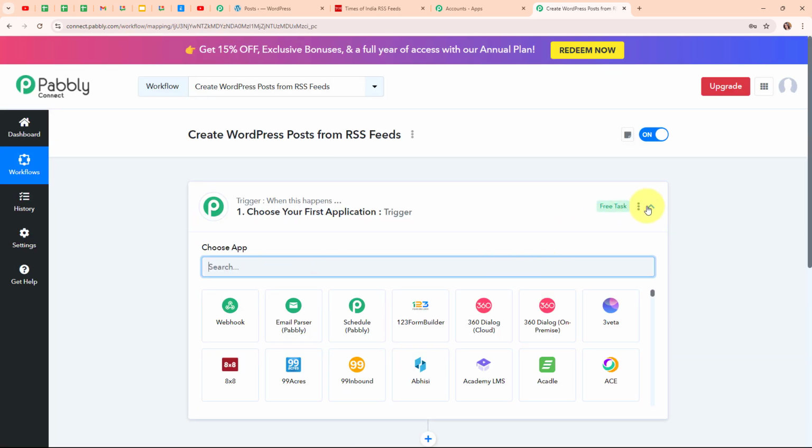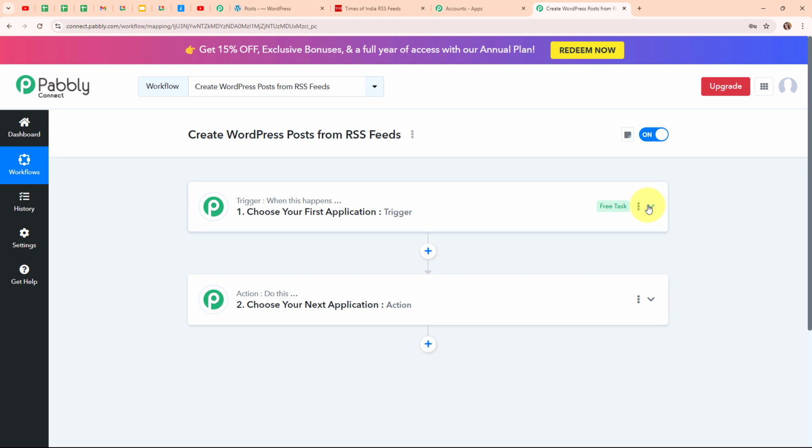Now in this workflow window, you can see we have successfully created a workflow, and on my screen you can see the two most important principles of an automation process, trigger and action. Trigger says when this happens and action says do this. That means action is a response towards a trigger. Your automation can have a single trigger but multiple action steps. Now let's begin with our automation by simply setting up a trigger.